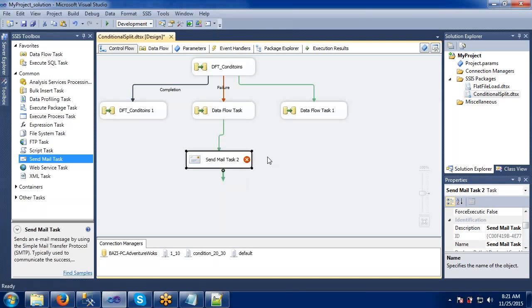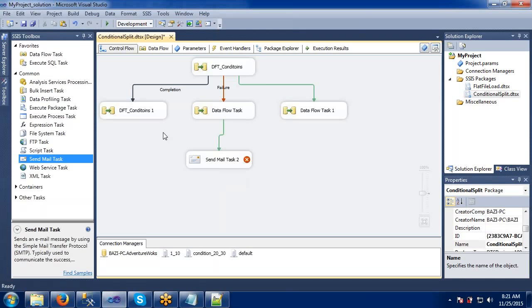One more area where we can use the send mail task is after the entire flow. Here we have given one flow, right? You can see some 20 to 30 flows are there. Once all those 30 flows are completed, then we will assign a send mail task saying the package was successful. In that we can specify that the package is completed and all are executed successfully.